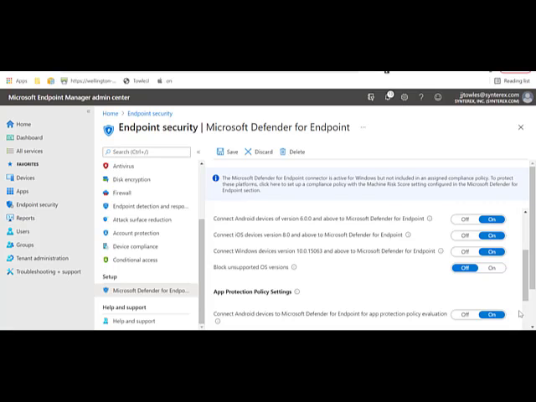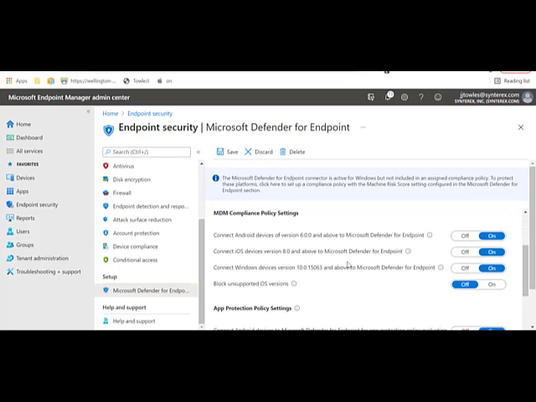So now that we helped you deploy out Defender and deploy the VPN profile, let's talk about the setup you have to do on the Microsoft side. It's really not too bad. You're going to go into Intune, and then under Endpoint Security, Setup for Microsoft Defender for Endpoint, you just have to go under the MDM Compliance Policy